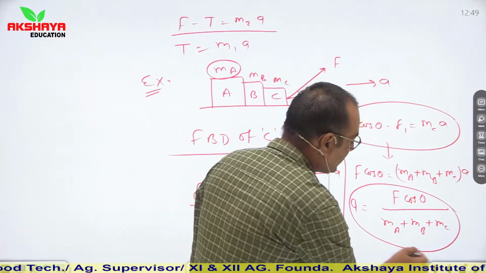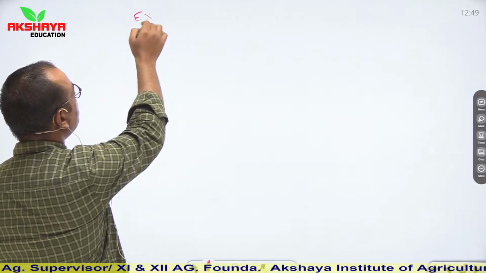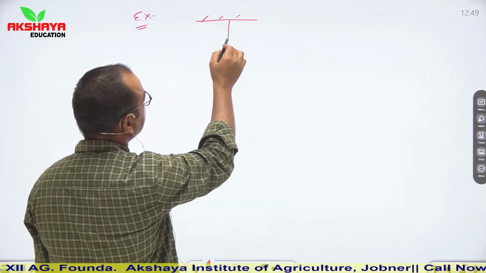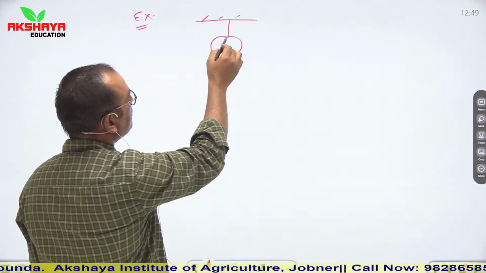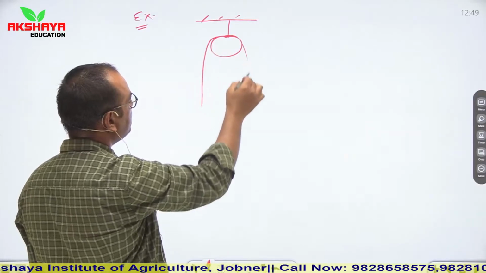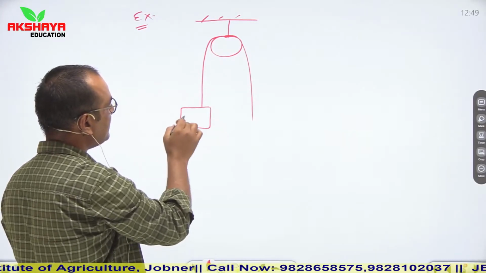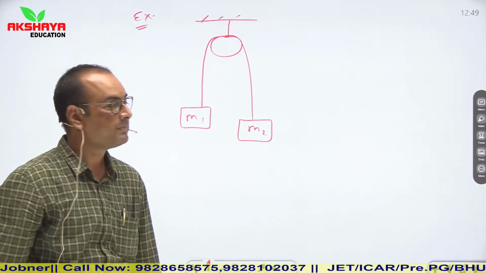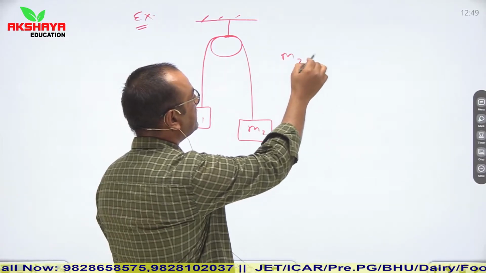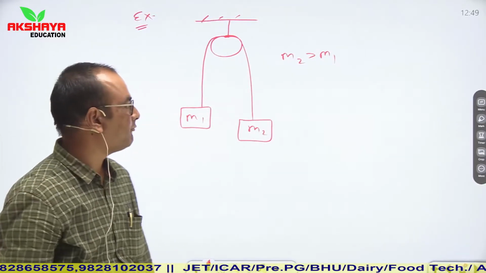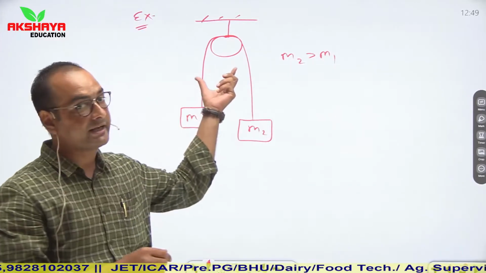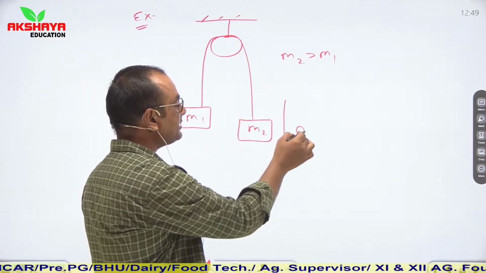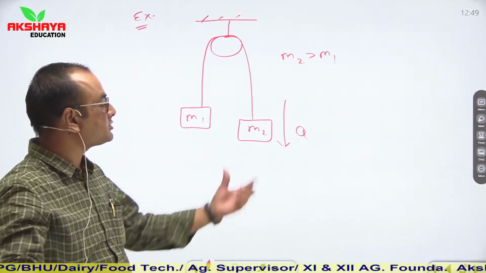Now let us talk about the next pattern of question. Let us say we are given a pulley, and a string is like this way on this pulley. Two objects are connected, of mass m1 and m2 this way. Let us say that m2 is greater than m1. If these two objects are connected by a single string and mass m2 is greater than m1, then it is clear that it will accelerate in the direction of m2.